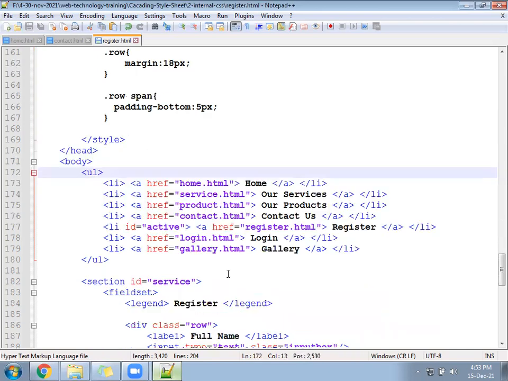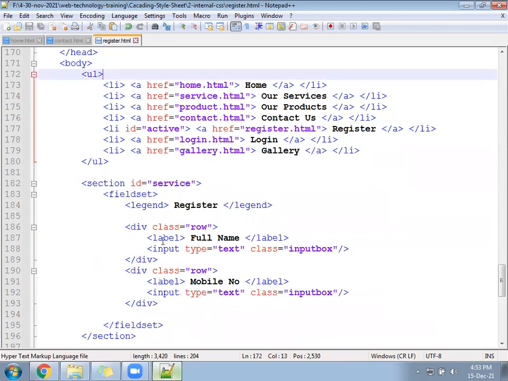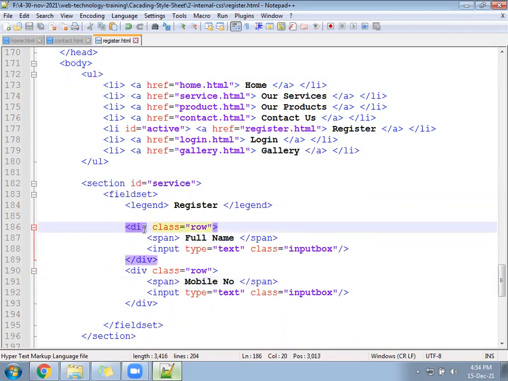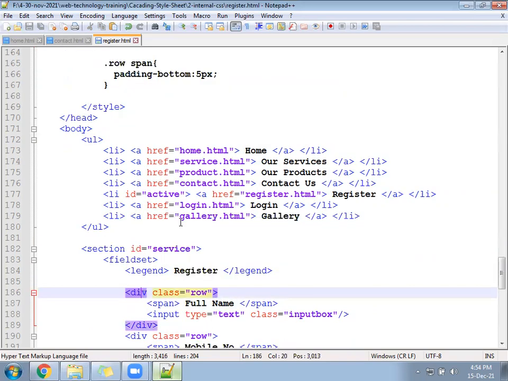Now instead of label, let's convert it to a span and see whether it reflects or not.